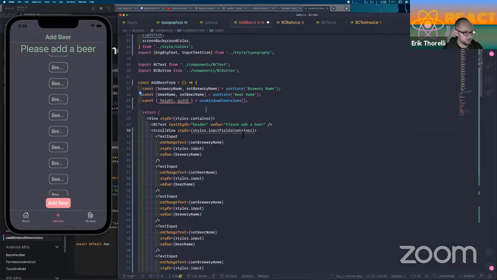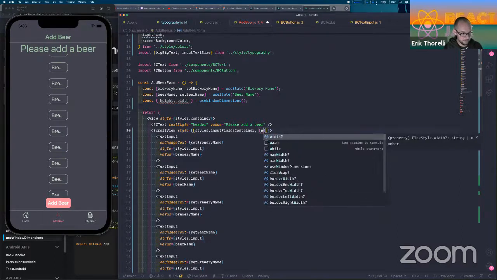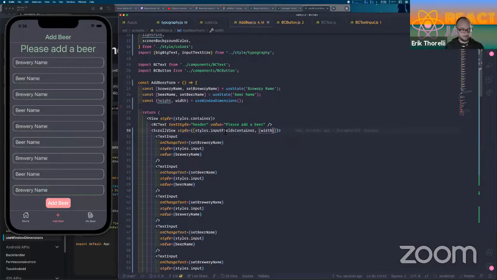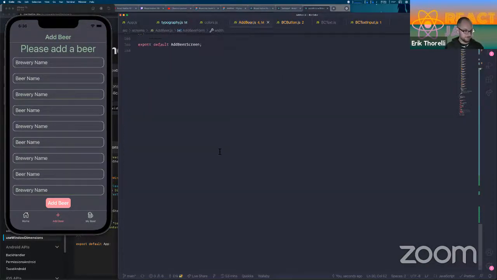And what I can do here on the scroll view is with style, you can pass in an array instead of just one single object. And inside of there, you can pass in other styles and it will override. So if something, I think it's this direction, if something is later in the array, it will take precedence. Like, so if I defined a value for width